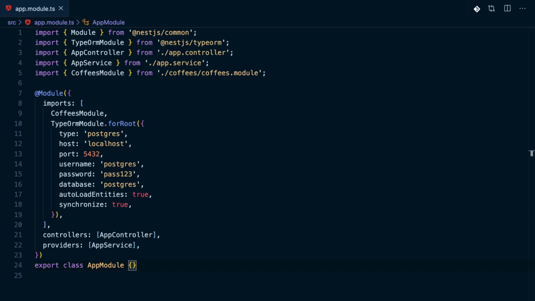An entity represents a relationship between a TypeScript class and a database table. So in the case of our Nest applications, our entities will be classes decorated with the entity decorator. In the previous lesson on TypeORM, we set synchronize to true in our TypeORM forRoot configuration method. This synchronize configuration lets TypeORM automatically generate a SQL table from all classes with the entity decorator and the metadata